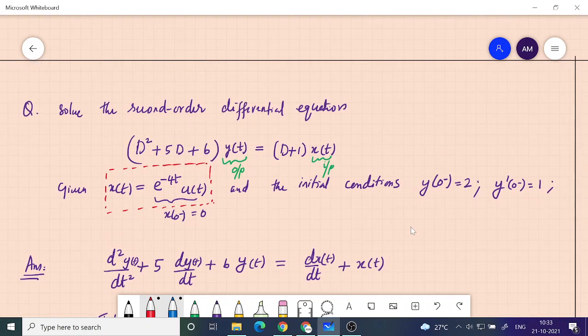you study that extensively, or you are supposed to study that extensively in your network theory class. If it is a second order system, you will get a second order differential equation. If it is a first order system like an RC circuit or an RL circuit, you will get a first order differential equation. But the same method can be applied there also to solve the way we have done here. Whatever you study here will be useful in network theory also.